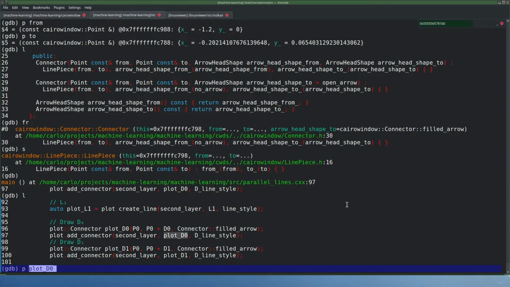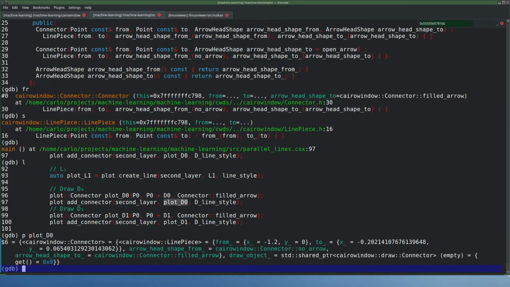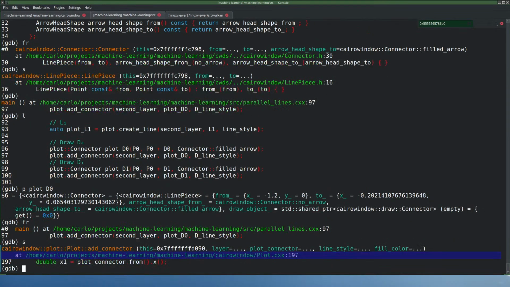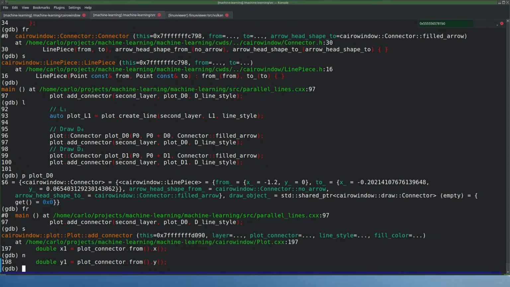I'm going to add this. Switch from that point to that point. We have to reinvent the direction from the points, even though I had a direction a second ago, I think, but okay. We just added the direction to the point. Therefore, step in add connector. So now you get